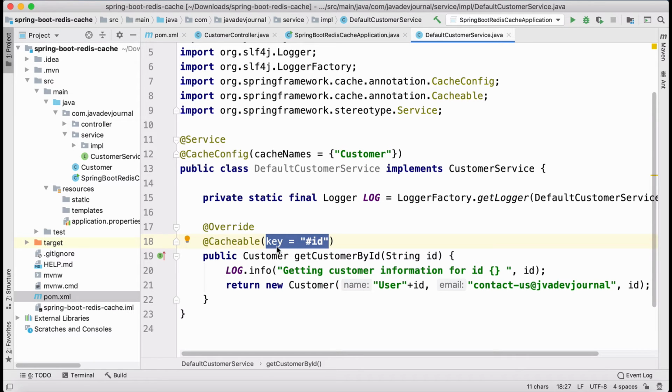And you can add more complex scenarios. This is the Spring EL expression language. You can go as complex as you want, right? I'm not going to cover that one. I have another tutorial, and I highly recommend that if you are not clear about this key, you should go through that tutorial.